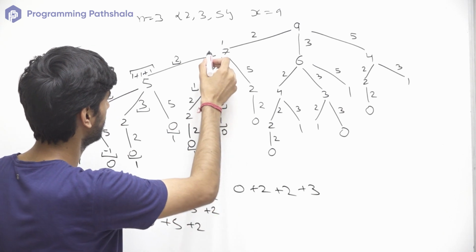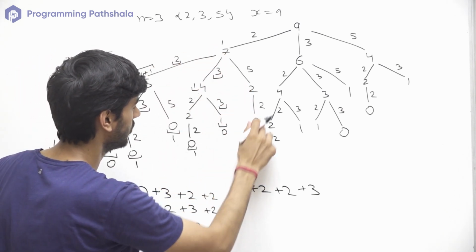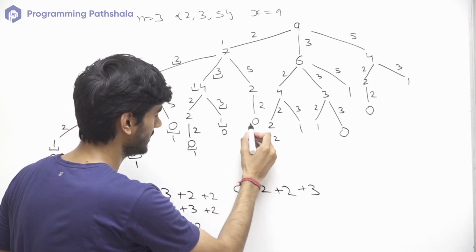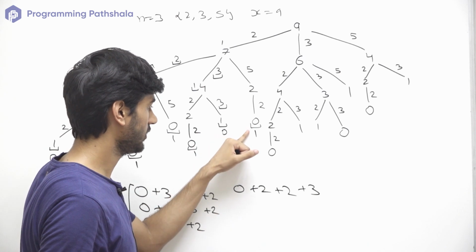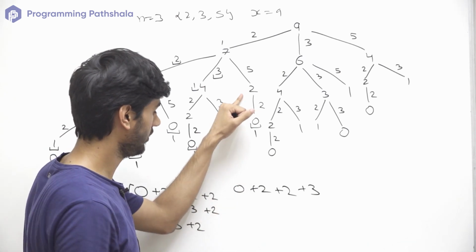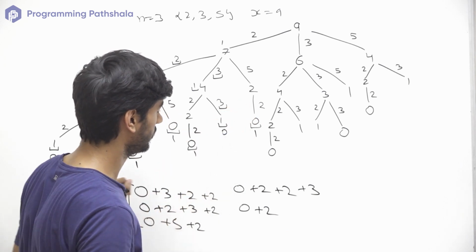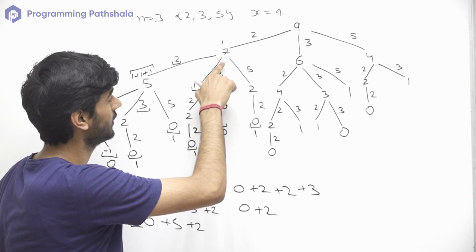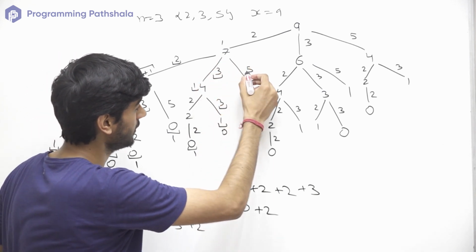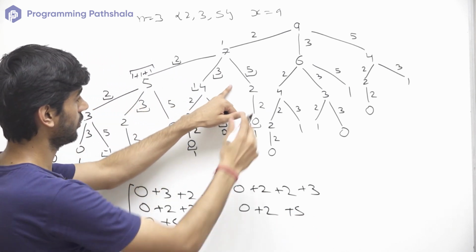Okay, so we have talked about this part and this part. Now let's talk about this possibility. So again, we can say for 0, we have one way to get a sum of 0. Now, because there is one way to get a sum of 0, we can say there will be one way to get a sum of 2, right? If we pick a coin with value 2. And now, because there is one way to get a sum of 2, we can say there will be one more way to get a sum of 7 if we pick a coin with value 5. Okay, so we got one way from here,